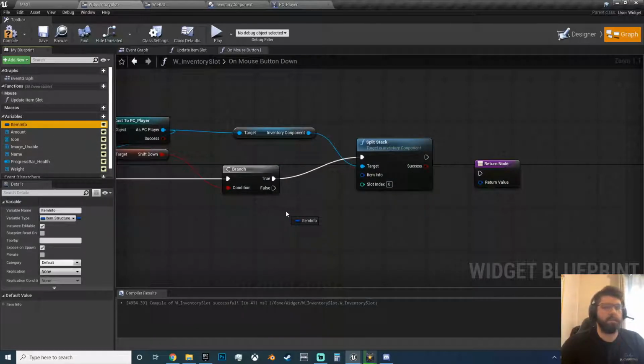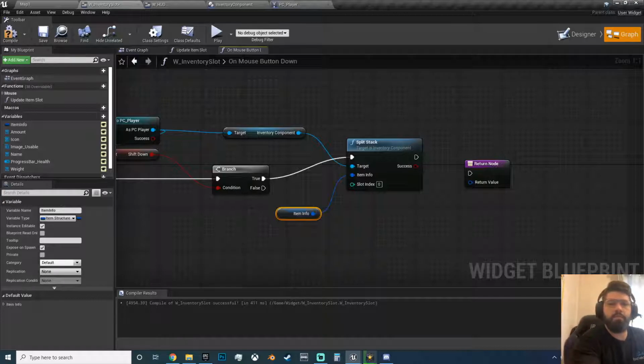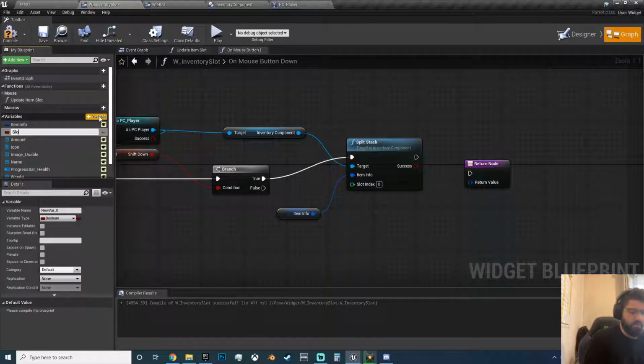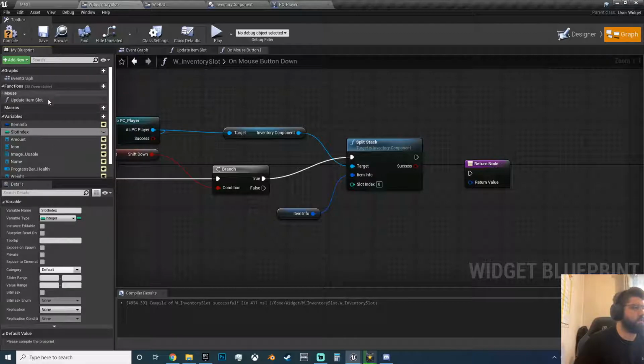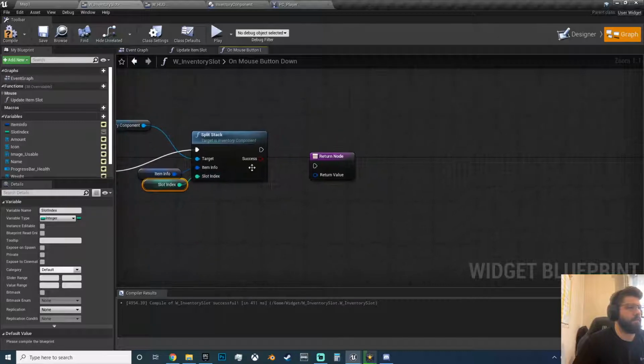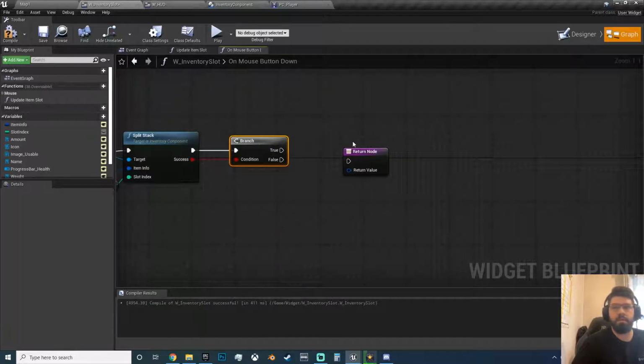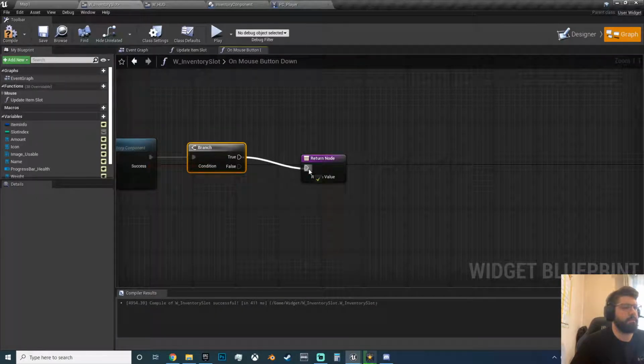and the item info, and we have not got the slot index for some reason. So you will need to have that. So this is slot index, make that a variable. This is plugged in somewhere else. I'm sure we'll come across it. So you want to split the stack, and then if that was successful, you will return,